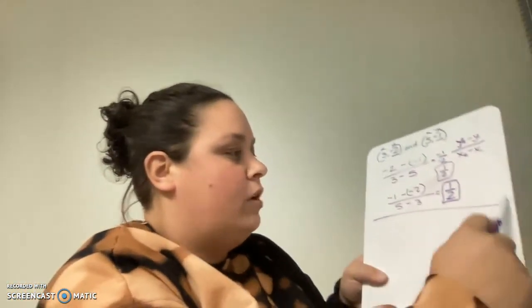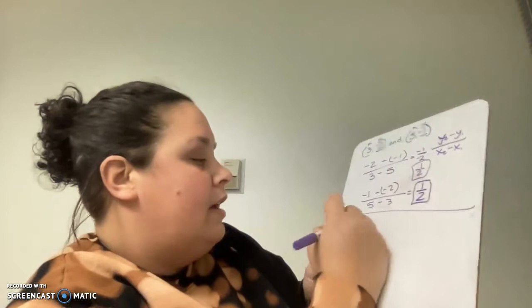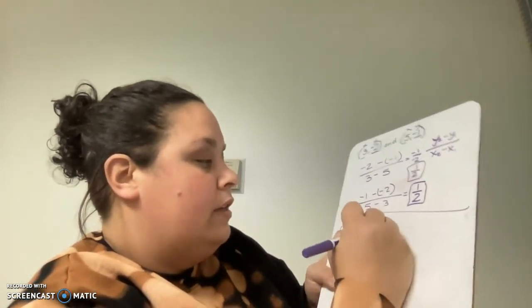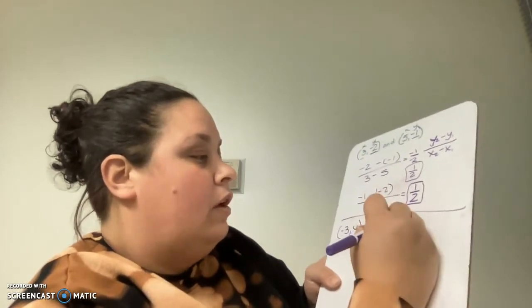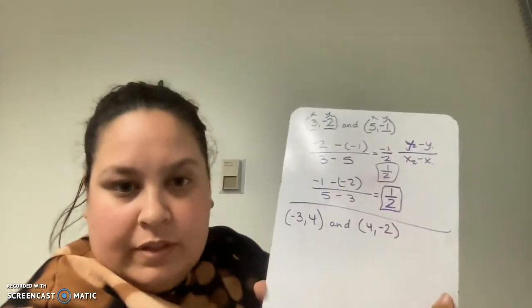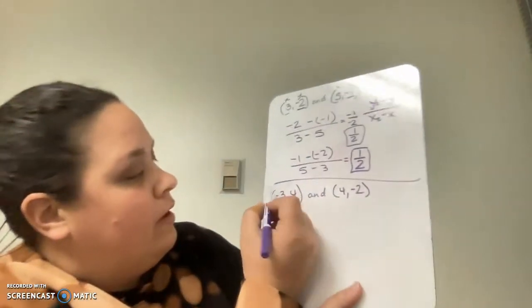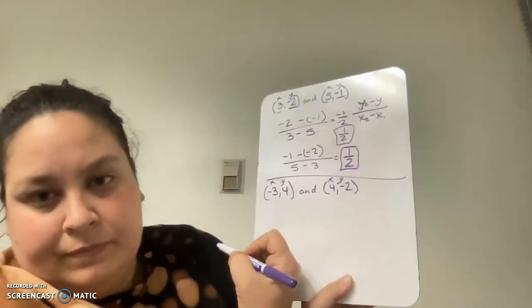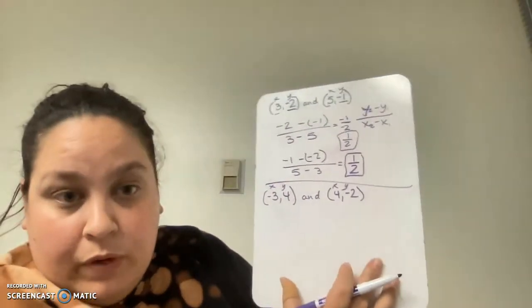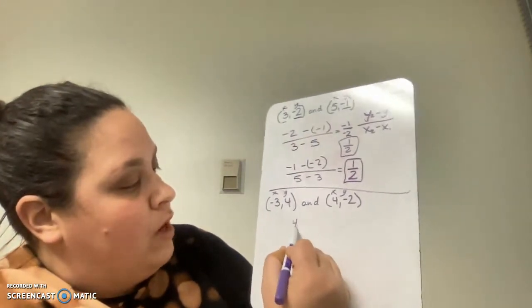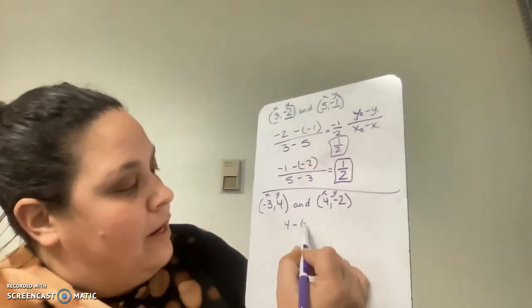Okay? Let's try another one. So I'm going to draw my line here. Let's say that I have -3, 4, and 4, -2. So something like this. Again, remember, x, y, x, y. So again, pause the video if you want to try it. Here we go. I'm going to start off with this one, so I do 4 minus my -2